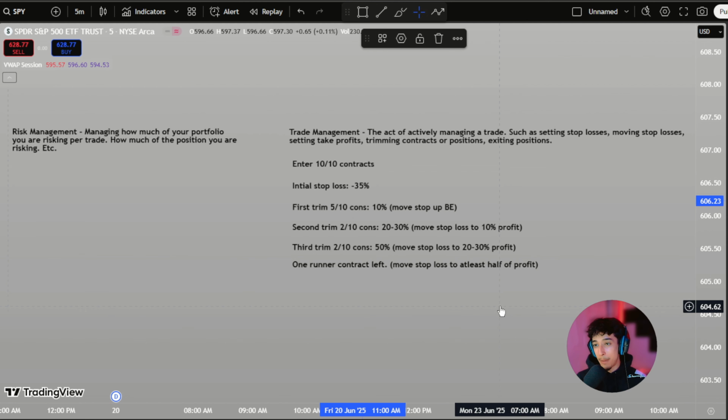Now, let's say you got past that point and we didn't hit break even. Now your second trim for 2 out of 10 contracts is going to be 20 to 30%. This is where you're going to want to move your stop loss to at least a minimum of 10% profit. So worst case scenario, for the last 3 contracts you have, you're going to hit a 10% profit. Lastly, the third trim is only going to be 2 out of the 3 contracts you have left at 50% profit. This is where you move your stop loss to 20 to 30% profit and let the one last runner